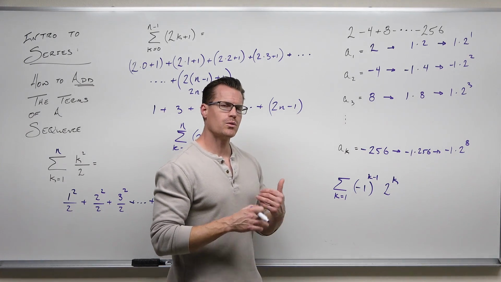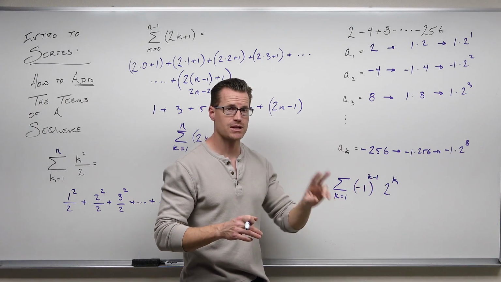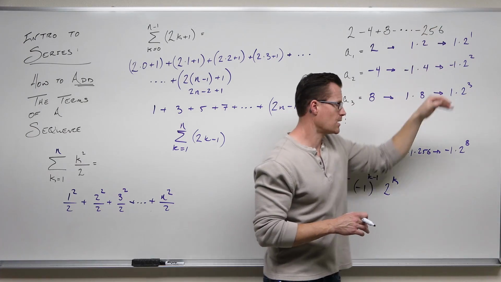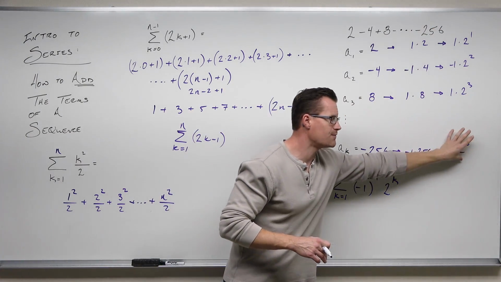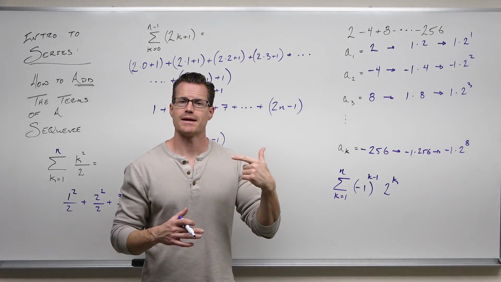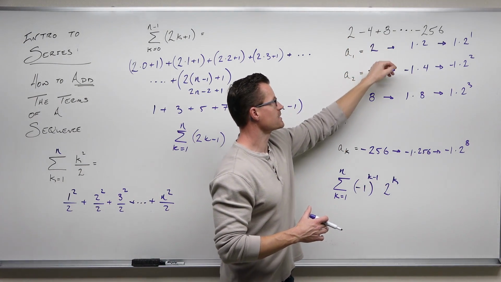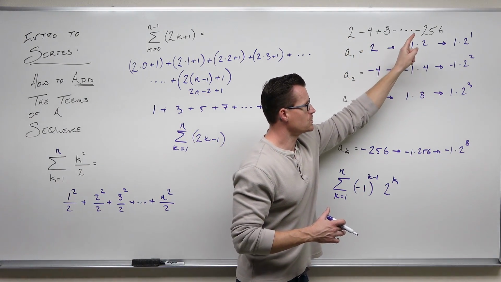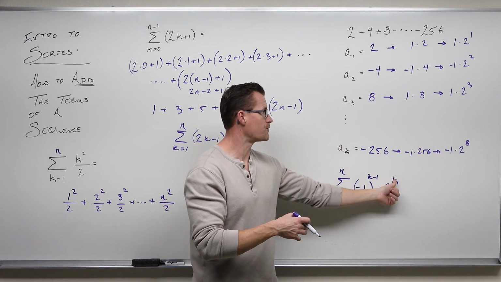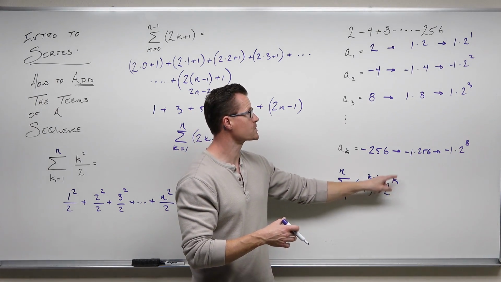Now the last thing, how do you know when you end? Because all of this stuff, you could have just had this and got this. So I'm going to say two things. Number one, if you were not given this last term, let's pretend that wasn't there. If you weren't given that last term and you didn't have this information, you would just put N and you would be done because you would be able to represent that series and you would say it has no end to it. So this, and this, that would give you 1, negative 1, 1, 2 to the first, second, third. You'd have negative 1 to the K minus 1, that matches our signs. 2 to the first, second, third, that matches our index. The first term would give us positive 2 to the first, that's what we got.